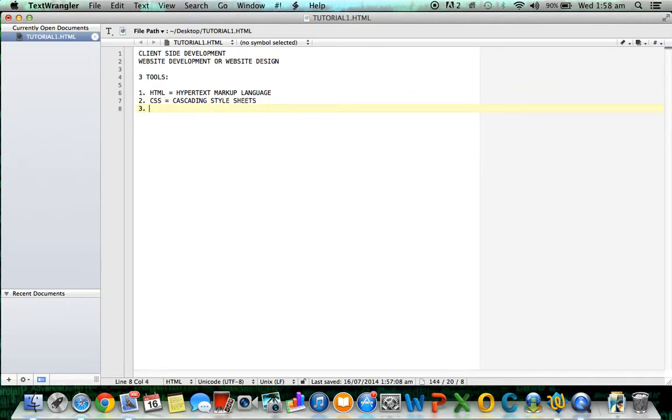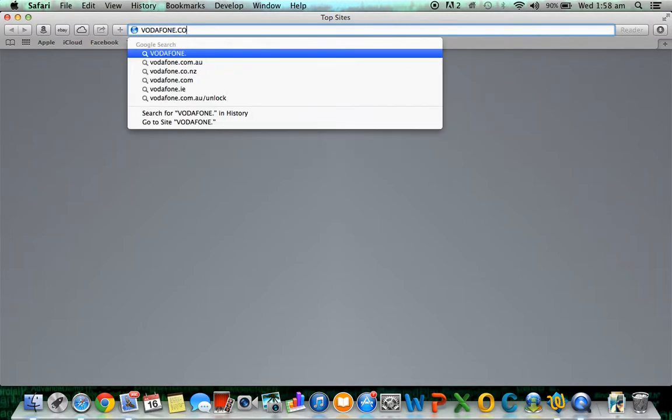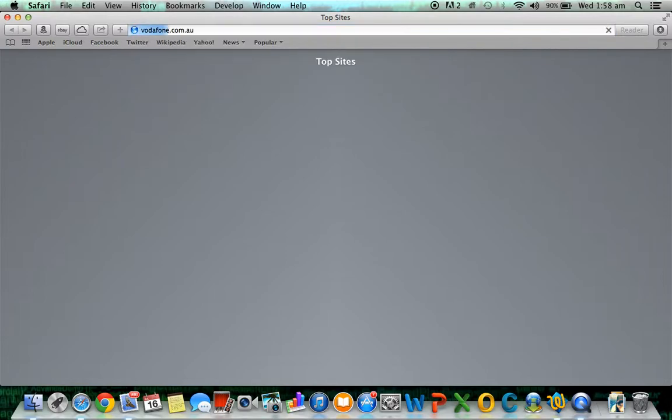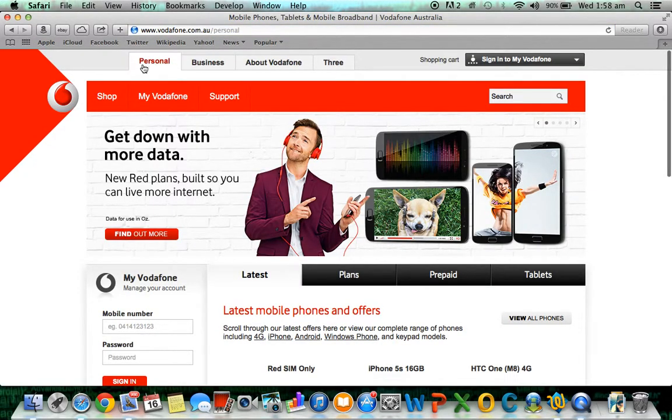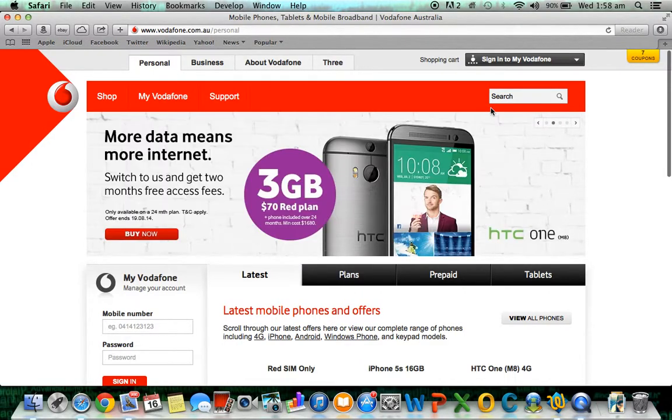And the third one is JavaScript, which gives functionality to the web page. For example, we are moving to any site, vodafone.com.au. So all the texts are due to the HTML codes like shop, my Vodafone, support, search, images are all because